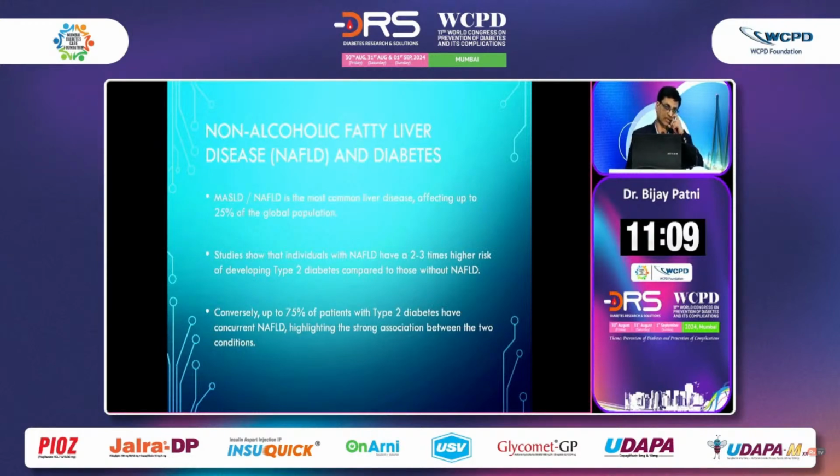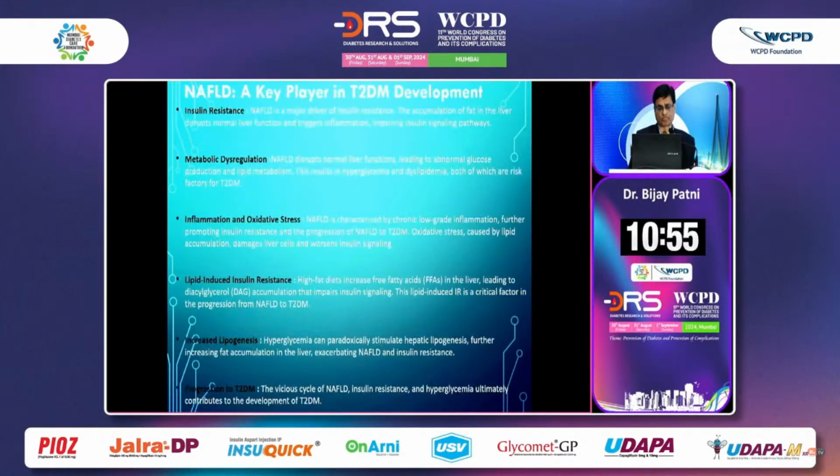The interplay is always a little bit of confusion, but definitely we have been able to identify the pathogenesis which can lead liver dysfunction into the development of type 2 diabetes. I have made it a little simpler in this form so that you can understand it, rather than showing you all the studies and all the stuff. So what is important? Now we have understood NAFLD is the key player in type 2 diabetes, and NAFLD is the main driver of insulin resistance. If you can really understand that insulin resistance is the crux of all the problems, that is the problem which can lead to